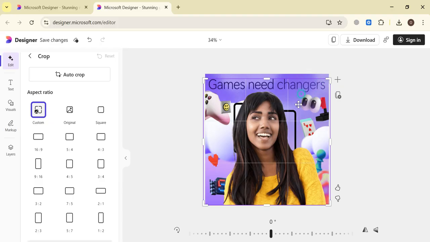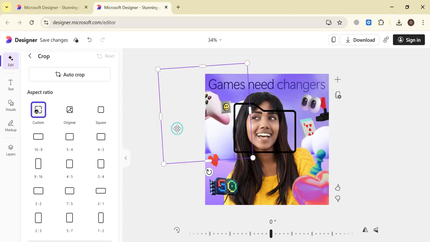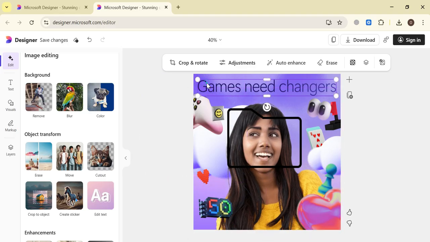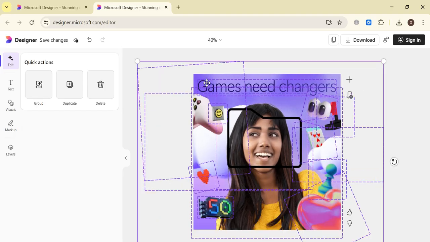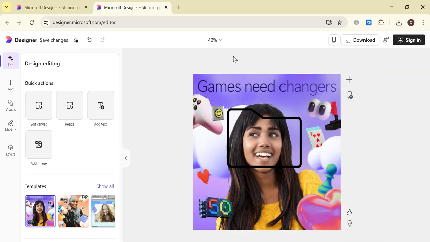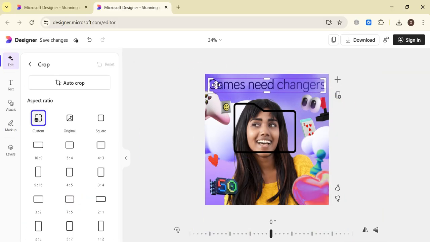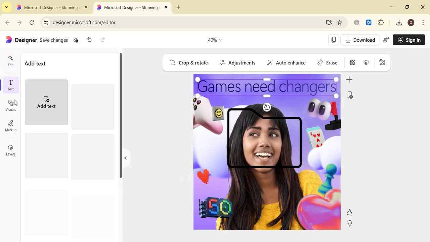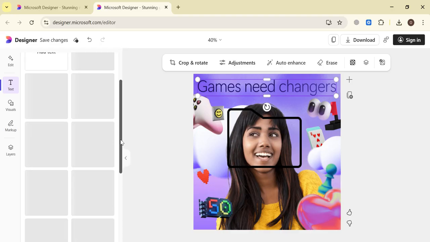Okay, you just double tap on the text and it will be editable then. Okay, as you can see, so let me reselect again. I think it's a whole image, so that's why it's not editable right now. But you can do adjustment or enhance. But if you want to add your own text, you just simply click on the text, and here you will also see text templates. It's loading right now. Let's wait for a few seconds.